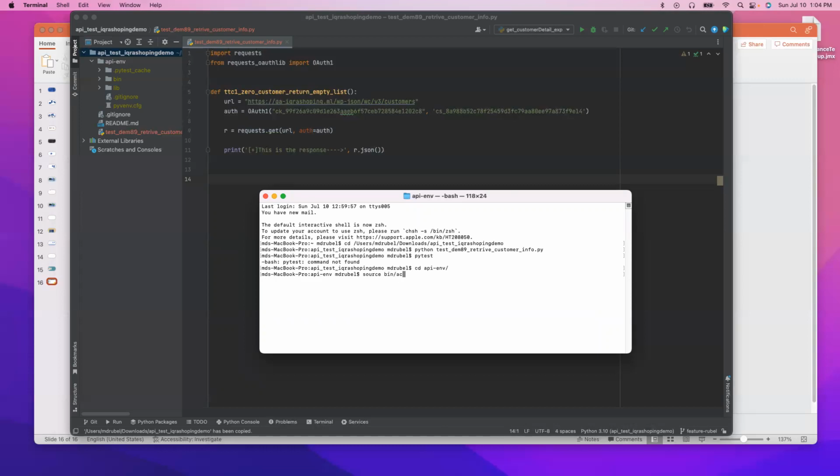Bin activate. So now we are in the virtual environment. Now I have to go back to the project root. So cd dot dot. So now if I say Pytest,